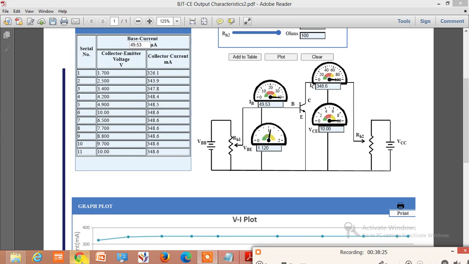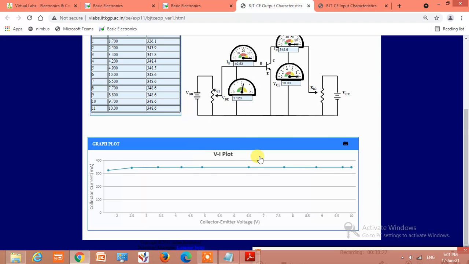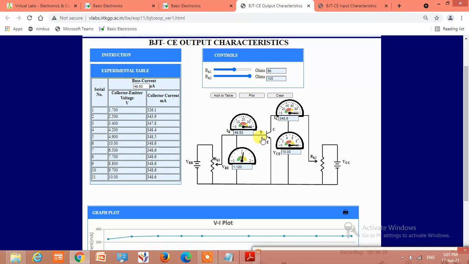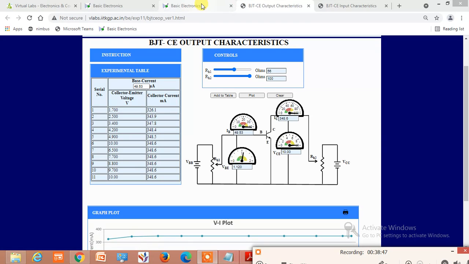So this is how we are plotting the characteristics, input and output characteristics for BJT in common emitter configuration using VLAP simulator. The conclusion is that in the forward bias, sorry, for the input characteristics, again I will move.